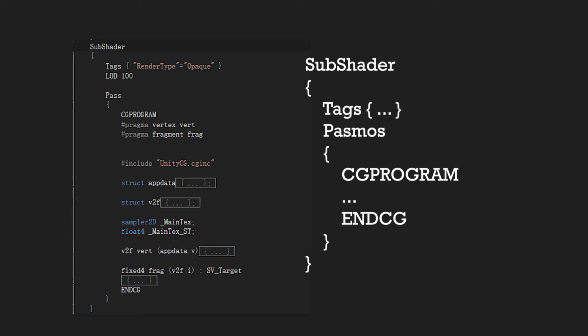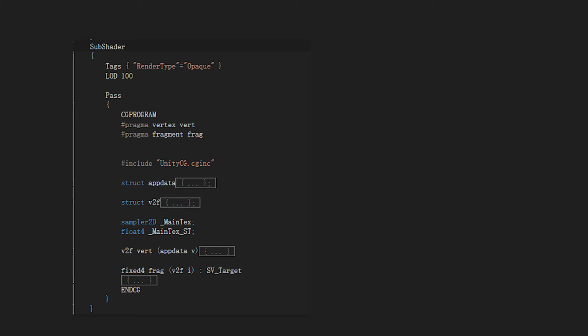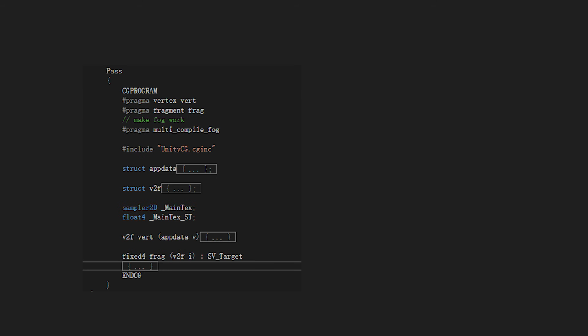Next, let's take a look at the contents of the subshader. Similarly, we can also add multiple passes in the subshader, that is, add multiple rendering passes. However, the more passes, the more consumption it generates. In pass, we can see that the first statement is CGPROGRAM and the last statement is ENDCG. Interestingly, it looks like CG has wrapped up everything else in pass, starting with CG and ending with CG. This is also the function of these two sentences, embedding the CG code segment into Unity.